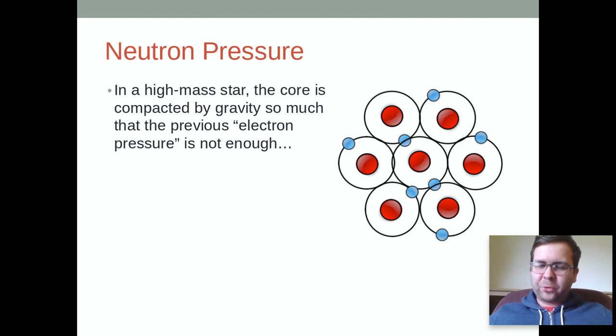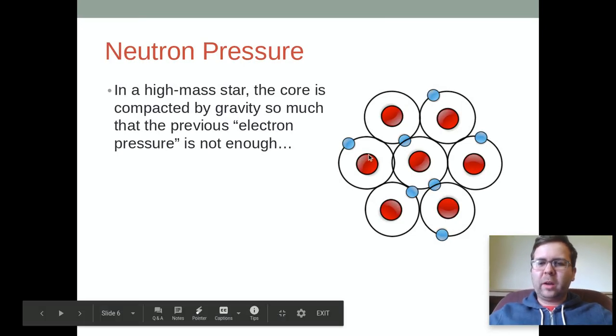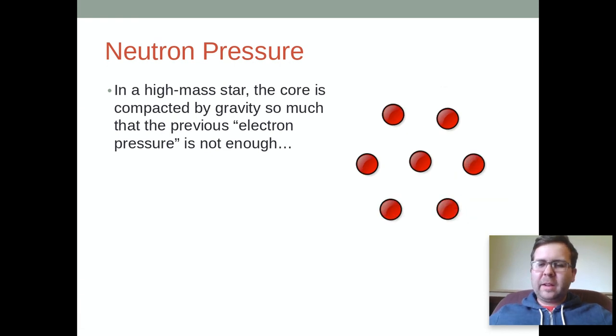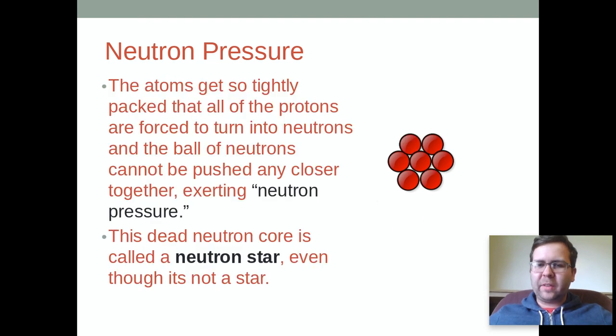If you're a higher mass star, the core has so much gravity pulling in, so much weight pushing down on this ball of carbon atoms, that in a high mass star, this electron pressure is not even enough. And some weird stuff happens where these electrons get shoved into the nucleus of the atoms, and the nuclei all get bunched together, and they all become neutrons. So the protons that were there meet the electrons and get shoved together and become basically a ball of neutrons. It gets even more tightly compressed, and this is called a neutron star. So this is for high mass stars.